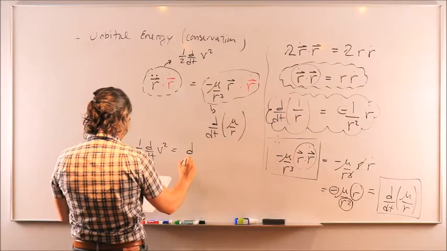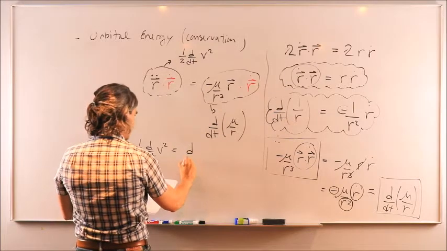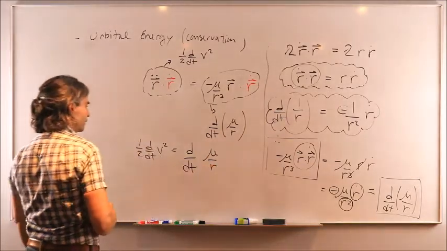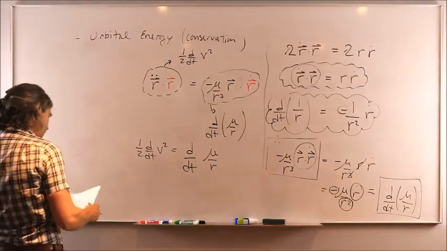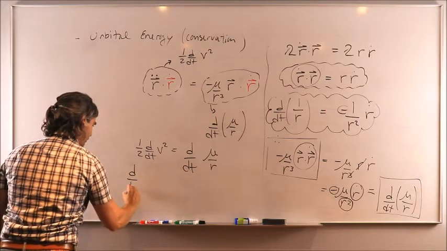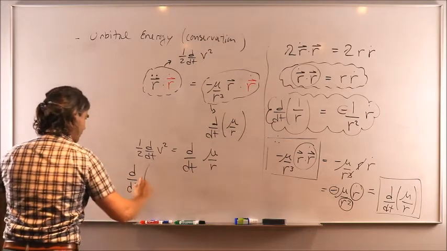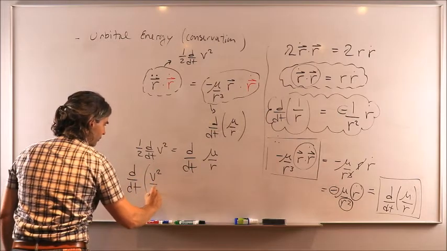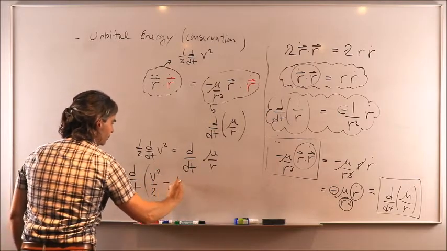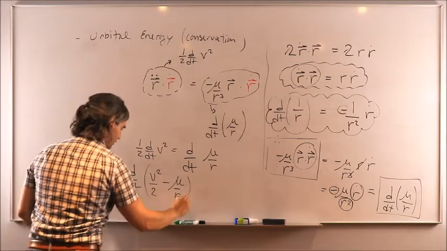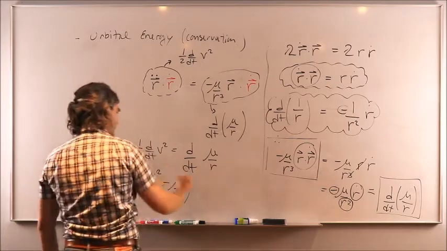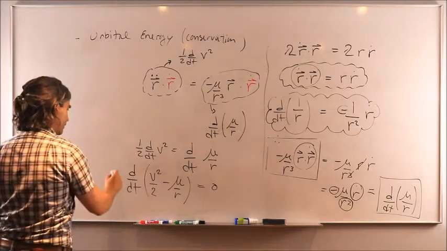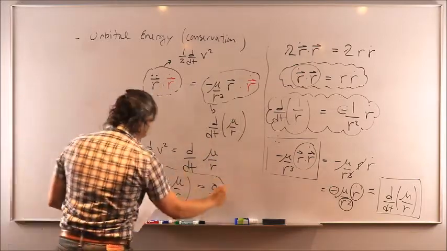So equal to then positive, on that side, d dt of mu over r, which means that I can take the time derivative out of everything and write that this is the time derivative of speed squared over 2 minus mu over r. I'm going to say that this is equal then to 0 because I took this term and flipped it to the other side of that equation. And now if you look at what we have here,